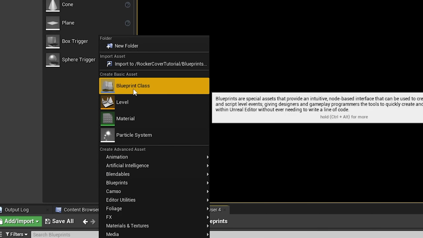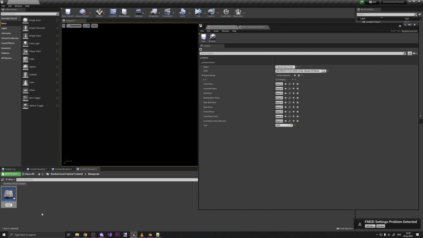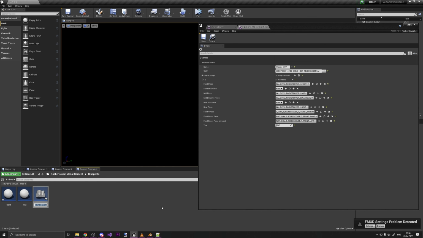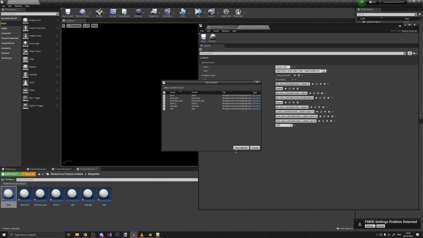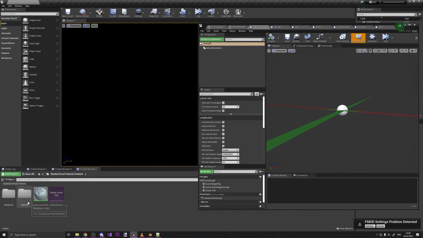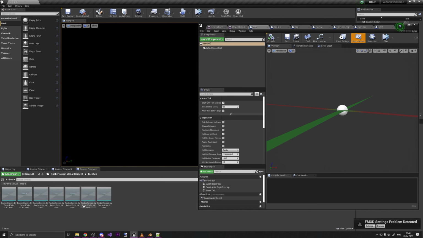So you want to right click and then add a blueprint class, and then just an actor. And then you just want to do this, and then create one for all of these that you see in here. There. Now we have all of our pieces. Now what we need to do is open all of these, and let's quickly save all of this. Now we're going to want to start placing our meshes in here, so let's go back to our meshes folder,